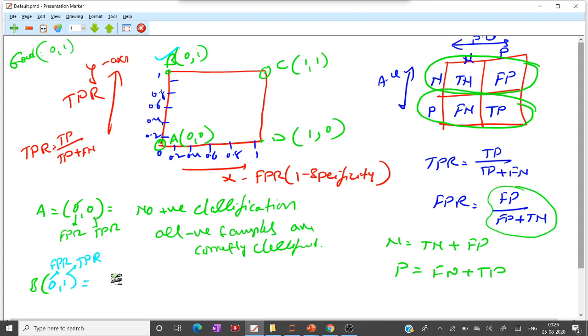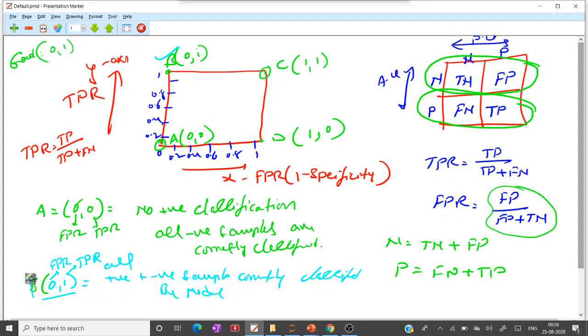So it represents a classifier where all positive and negative samples are correctly classified by the model.